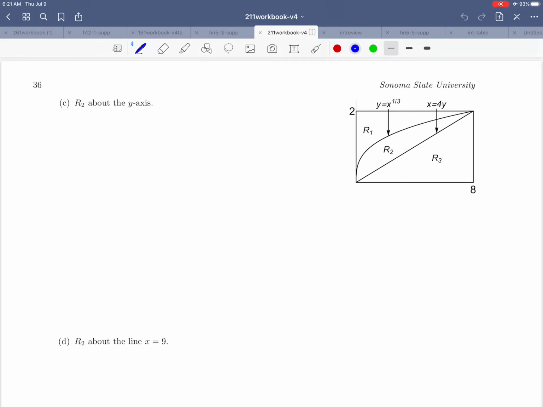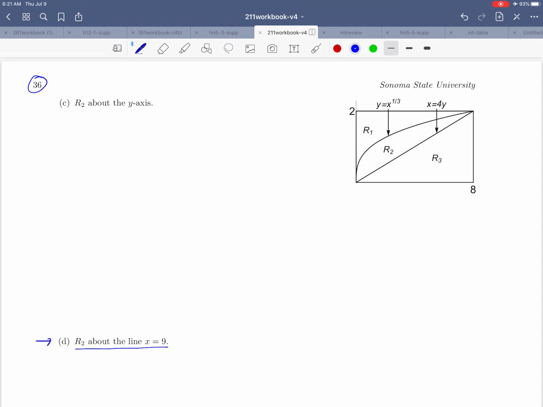Hello everybody and welcome to page 36 in the workbook. In this video we're going to be looking at part D of this problem. Now the instructions are actually on the previous page, so let me remind you what they're saying. They're asking us to find the volume of the solid region that we obtain by rotating R2 about the line x equals 9. So what D is doing is it's describing to us a region that we're going to rotate